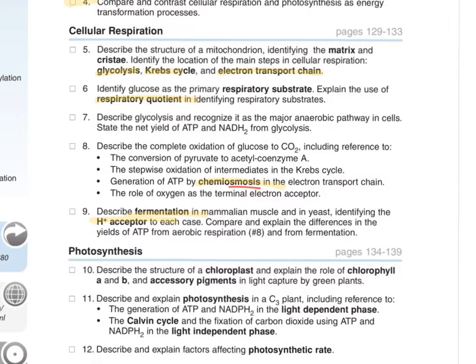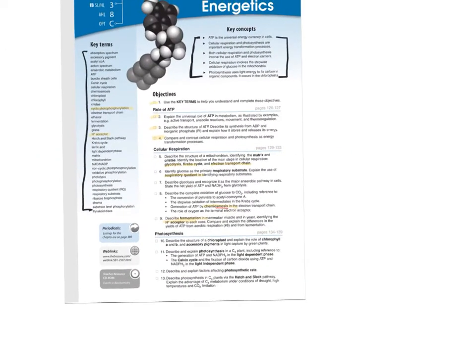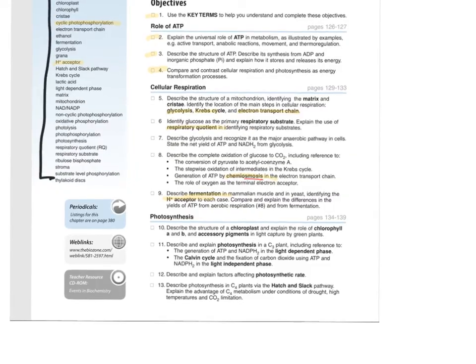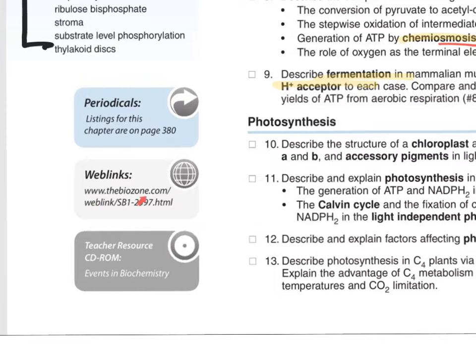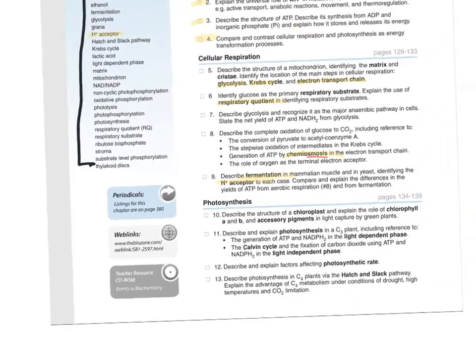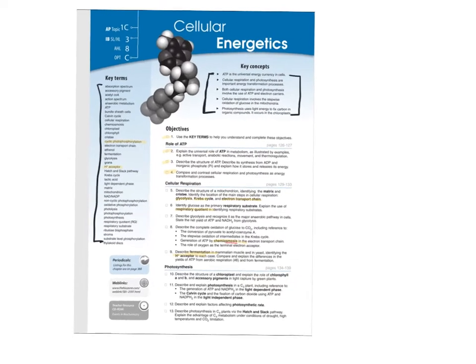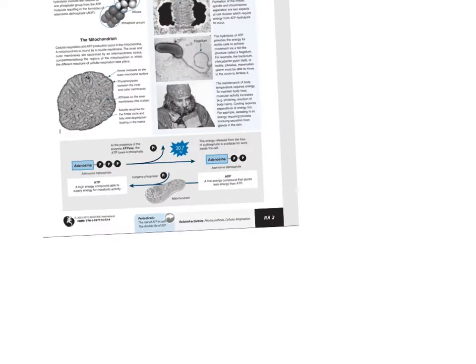And then you keep going for photosynthesis. Those are the kinds of things that you would expect. And you can go, if you needed more work, you can go to the link here, or you can go here to a periodical. They have some listings, some references for you to look up if you absolutely need to. Do you need to do that? No. Why do you need to do that? We literally are going through it in class. But whatever, if you feel more comfortable with that, go ahead and read it. Do whatever you need to do on this test.